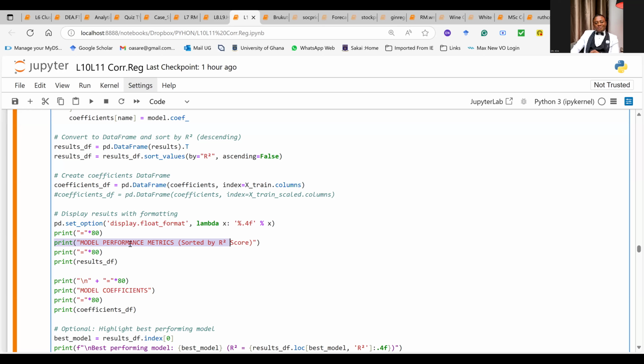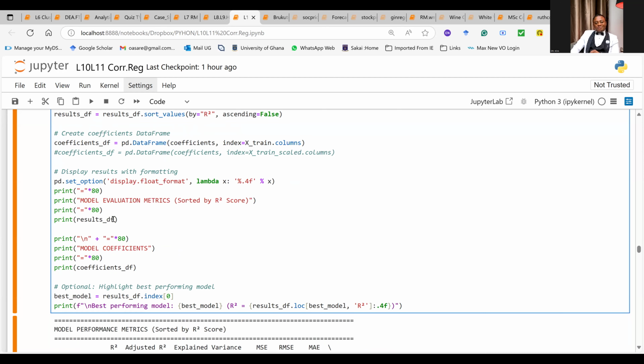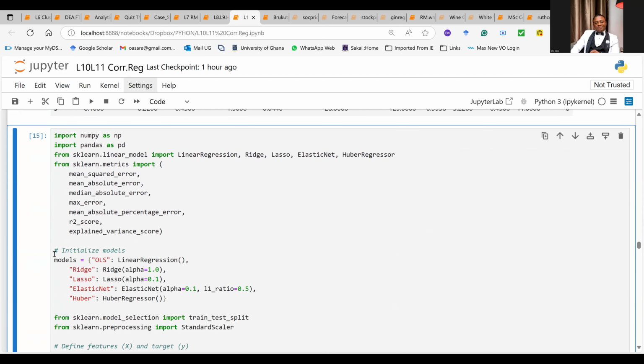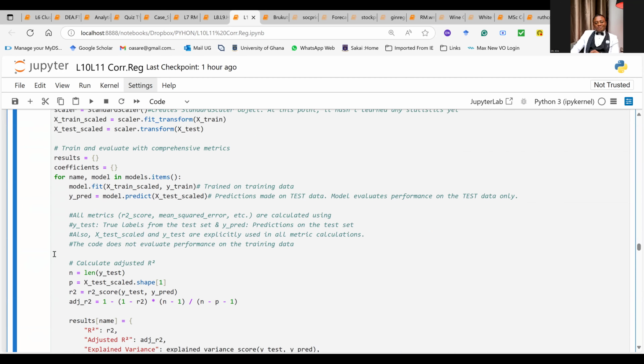Sometimes, but it's nice to even have evaluation metrics. You can use the word evaluation matrix, and it will be sorted by the R square. And you all have the code, so I want you to do this. So I'm going to run this. Okay. It's running, it's done, depending on the speed of your computer, and now we can see the results.